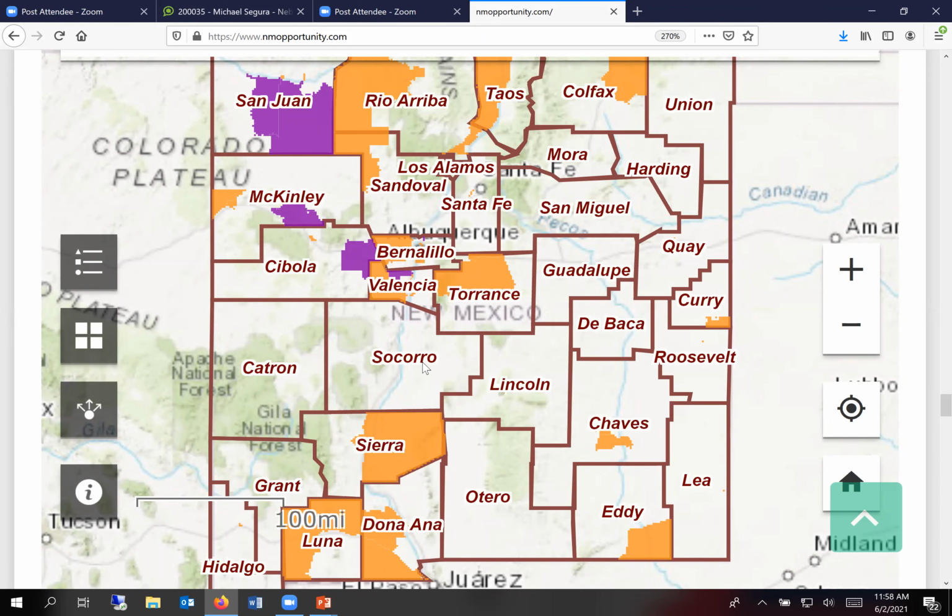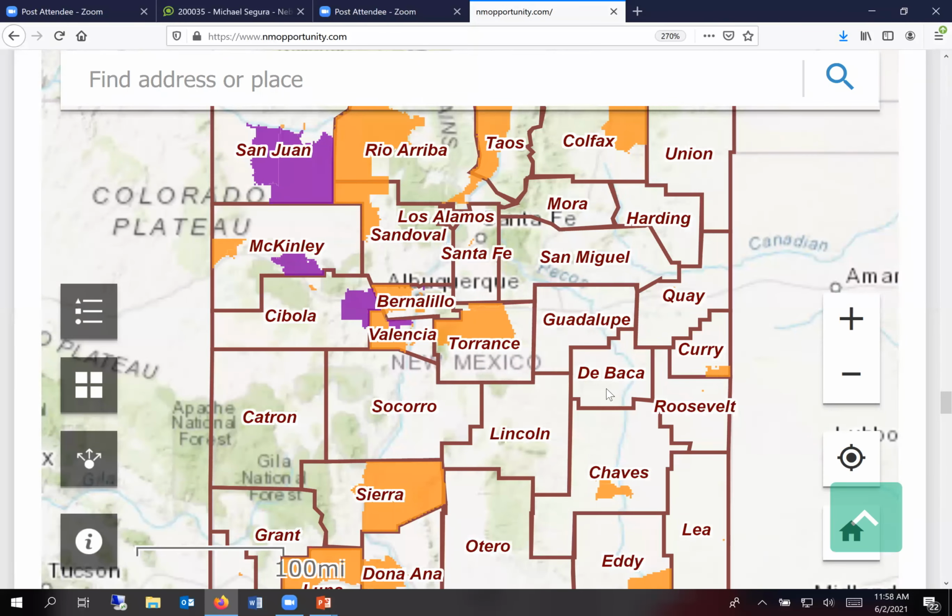What these opportunity zones allow you to do is allow people to fund these projects through opportunity funds. And there are many opportunity funds across the United States that specialize in different aspects of opportunity zones, like agriculture, sustainable agriculture, housing, affordable housing, manufacturing, and whatnot. And these are the orange areas on the map.